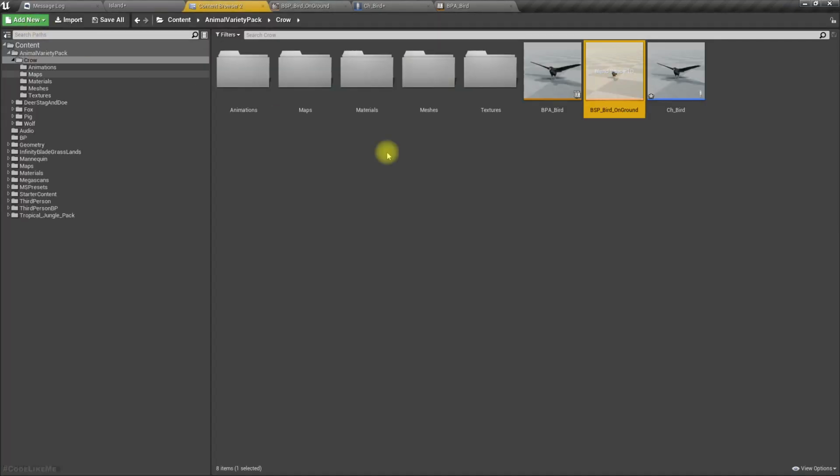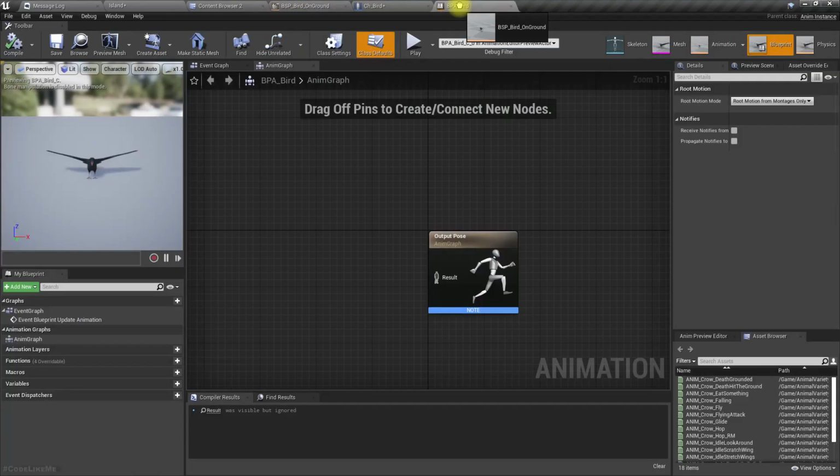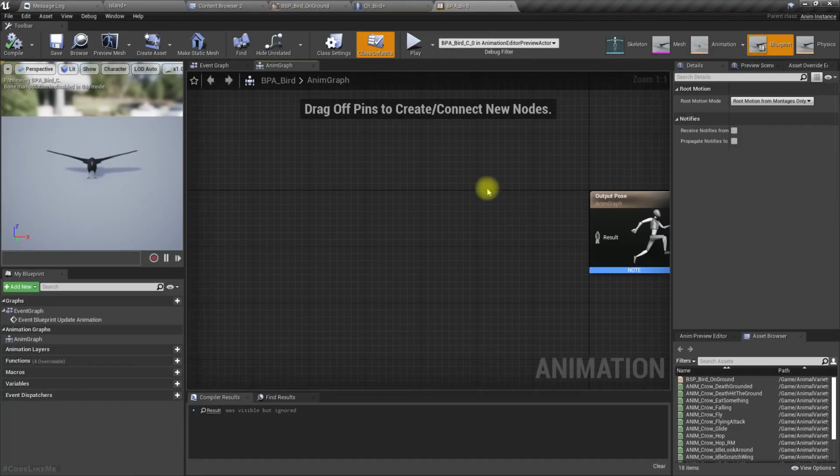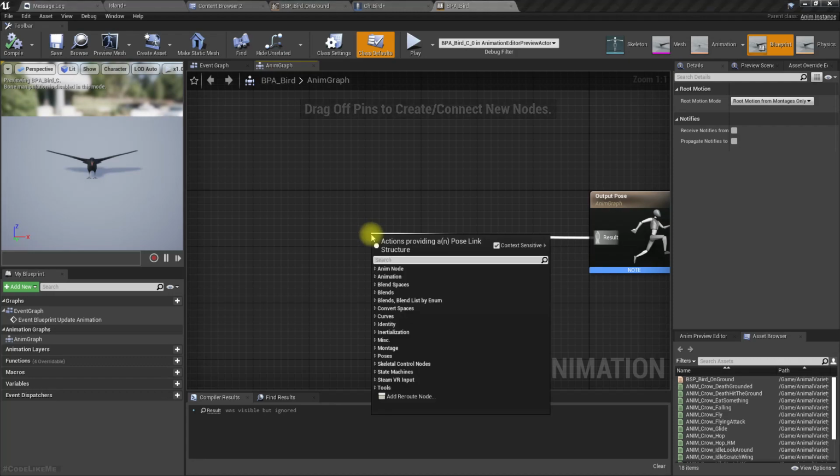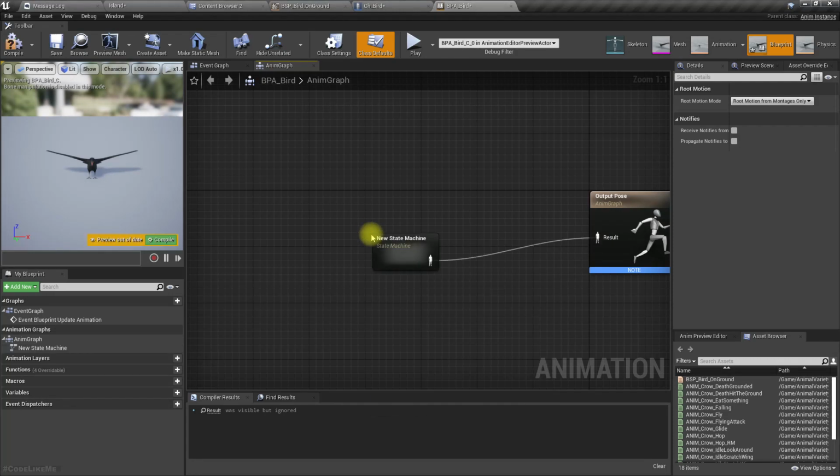Alright, now let's put this animation blend space. Wait, here let's create a state machine. Let's call it bird locomotion.